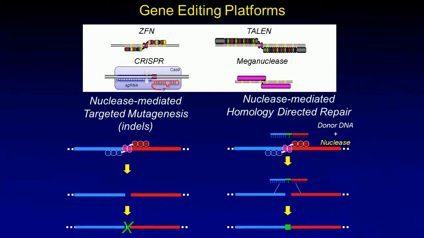At the top of the slide, I'm showing 4 different platforms for engineering gene editing tools, specifically gene editing nucleases. Nature's sequence-specific nucleases, the meganucleases, are shown in the bottom right-hand side. Meganucleases occur in nature and are very sequence-specific and very good at making double-strand breaks. However, they've been very difficult to engineer, so while they're used for some applications, they haven't found wide use for